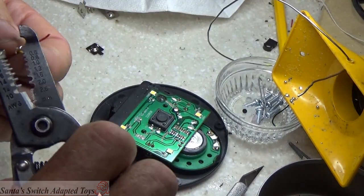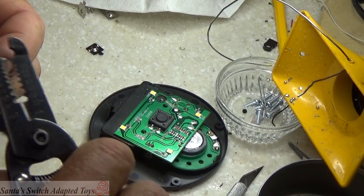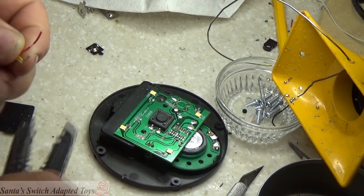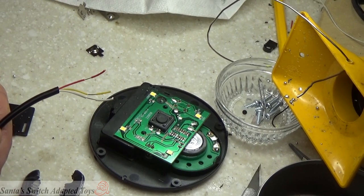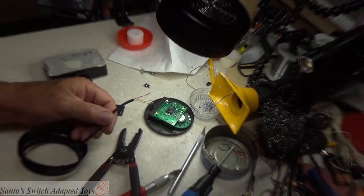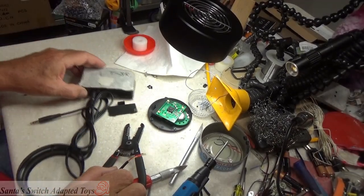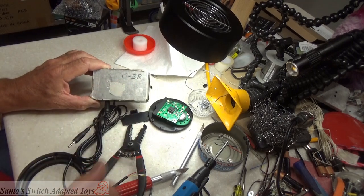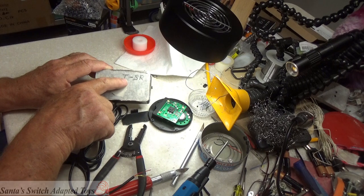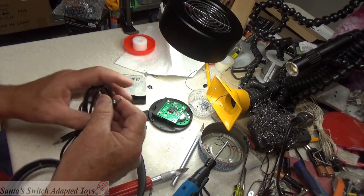I'm going to strip the wires so that we can expose what we've got. I'm going to zoom out. Camera's going to move a little bit, I'm sure. I have a little tester box that I use, and it's marked with a TSR, which stands for tip, sleeve, ring. And when you look at a cable,